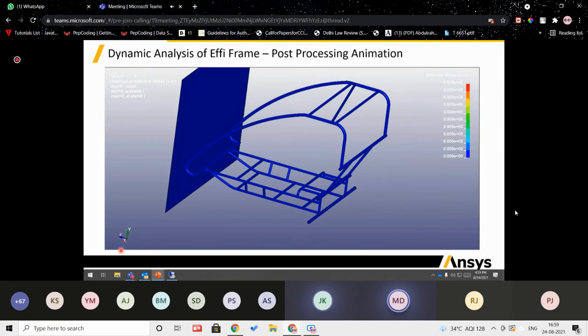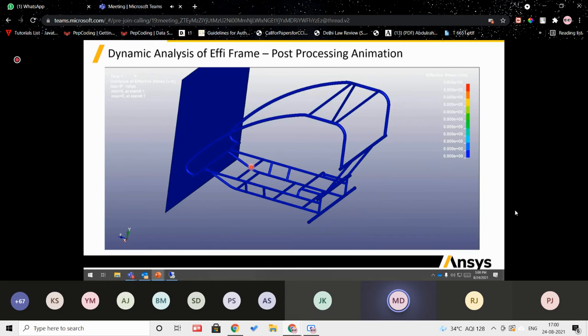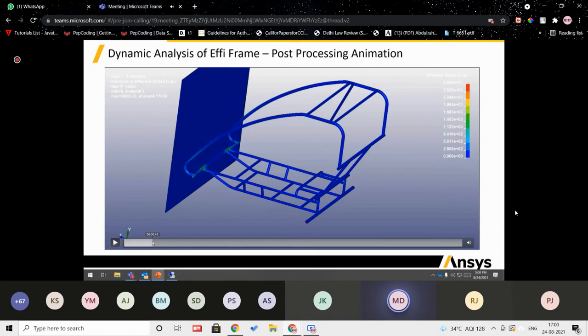So this is the animation of your frame: initially the frame started moving, and at reaching the wall, it has